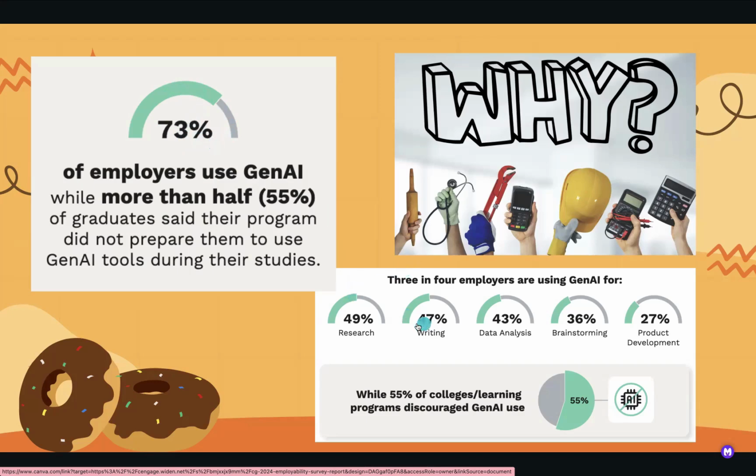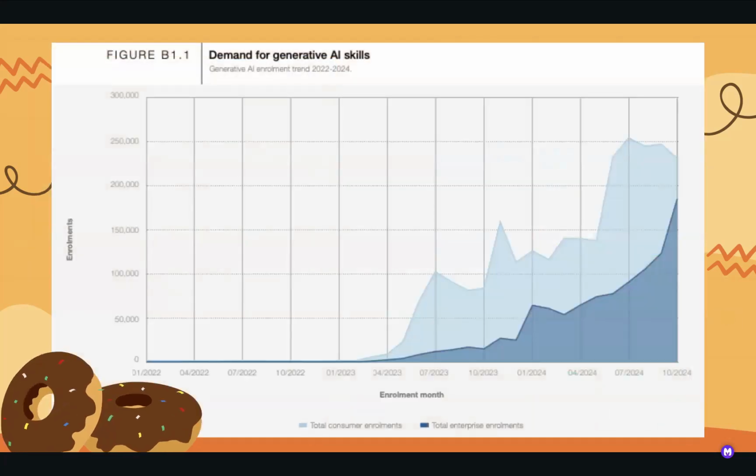And here are some of the things that those employers are using generative AI for: researching, right? Helping support their writing, analyzing data, brainstorming and getting ideas, and helping them even improve their products depending on what the business is that they're doing. And I think all of what we do when we're teaching students and preparing them for whatever path it is that they're going to choose, not all of them are going to go to college. Some are going to jump right into a career. But this is really very important to see.